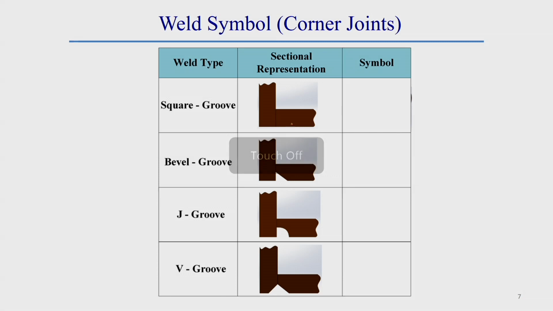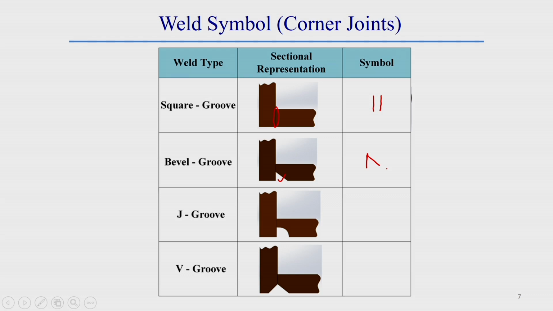Here, what we are doing generally is in the case of a corner joint. In case of a corner joint, we are doing butt welding. So, the symbol of the weld will be whatever symbol is generally used for butt weld; a similar symbol is used here also. If it is a bevel groove in a corner joint, then a bevel groove is made here. So, the symbol of this weld is like this, that is like an inverted V. Depending upon the shape of the bevel, the symbol is like this.